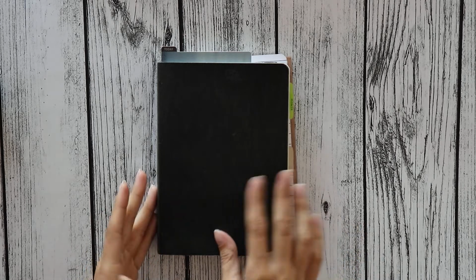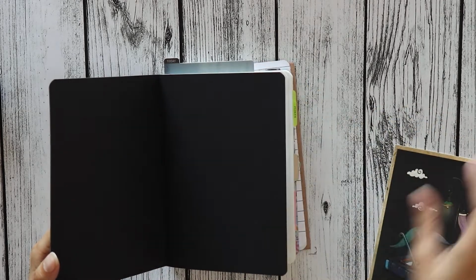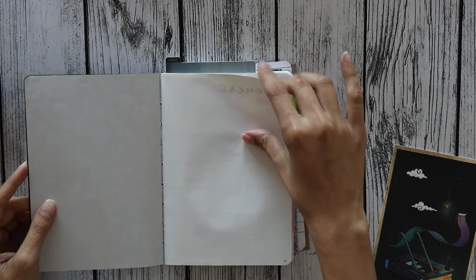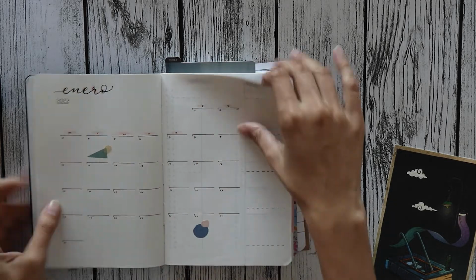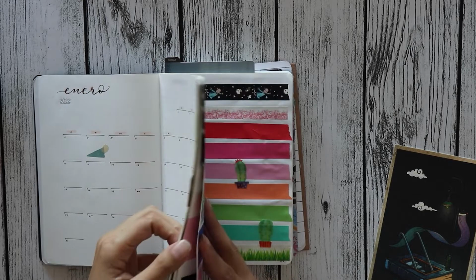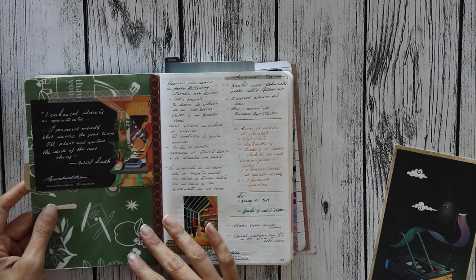Today I have kind of a flip through of what I have going on in my most recent bullet journal. This is a Galen Leather B6 notebook. I moved in here early because I was really eager to try it out, and also because I was running out of space on my Leuchtturm bullet journal. I think I had left 30 pages. So yeah, I won't go into this because I have a set of videos where I show you everything for the next year. So basically this bullet journal starts in November,